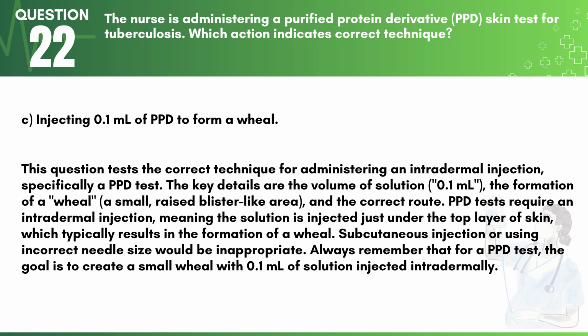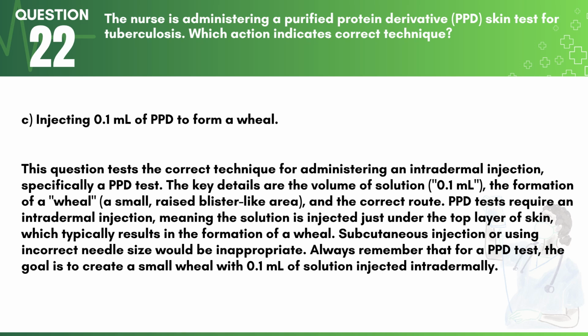PPD tests require an intradermal injection, meaning the solution is injected just under the top layer of skin, which typically results in the formation of a wheal. Subcutaneous injection or using incorrect needle size would be inappropriate. Always remember that for a PPD test, the goal is to create a small wheal with 0.1 milliliters of solution